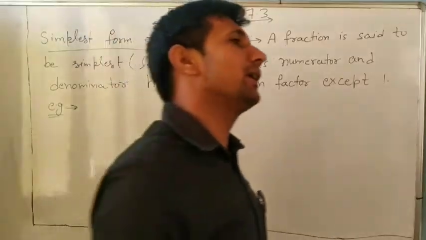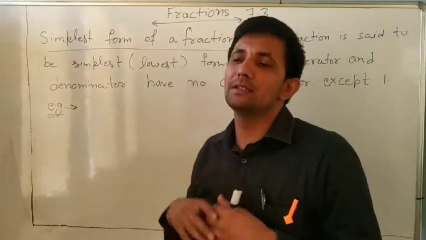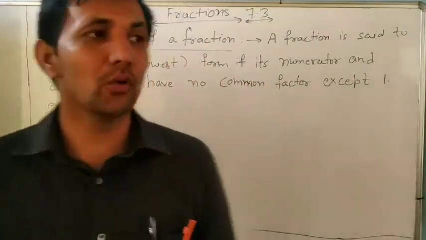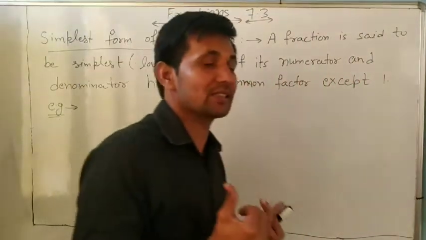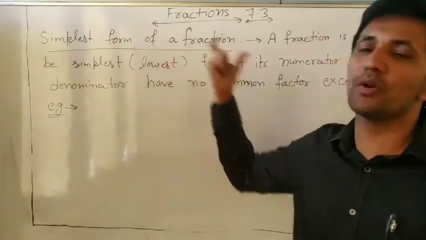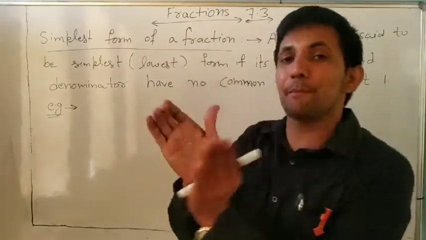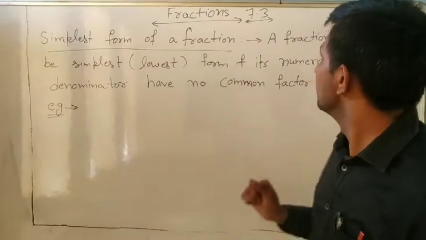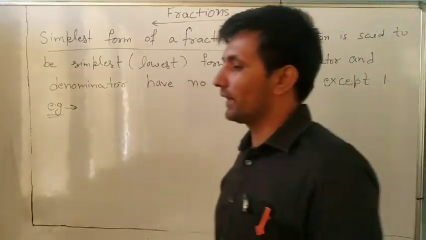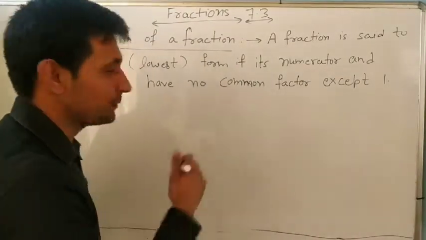Till now we already learned what is a proper fraction, what is an improper fraction, what are mixed fractions, and how to find an equivalent fraction. Equivalent fraction is very important. Okay. And the simplest form of a fraction. Simplest means to convert the fraction into a simple form. Otherwise you can say the lowest form. So look at what is the simplest form. First we will look at some examples, then you note it down.